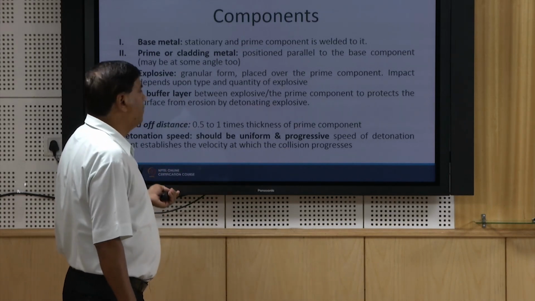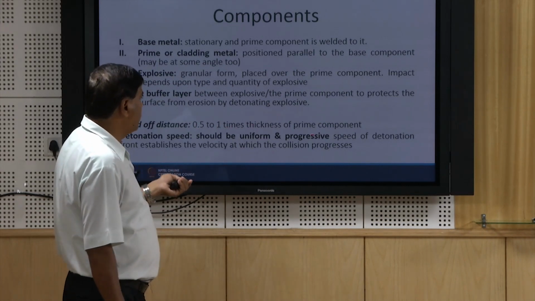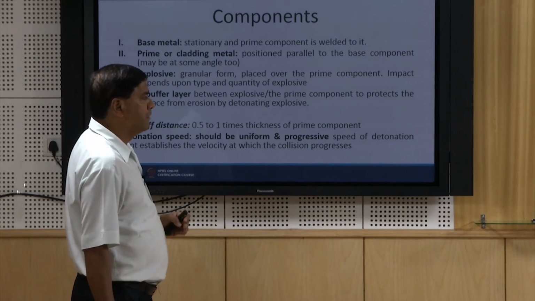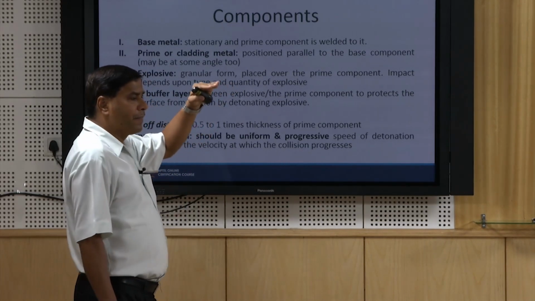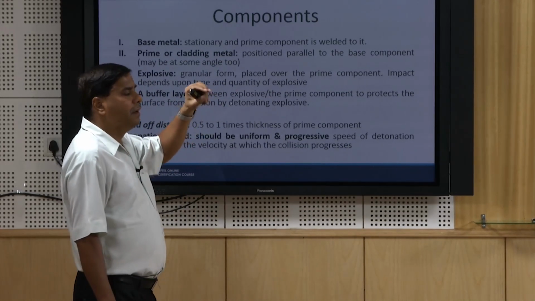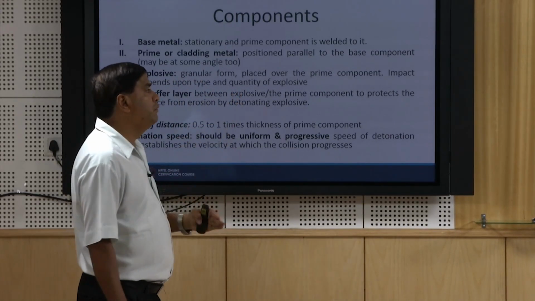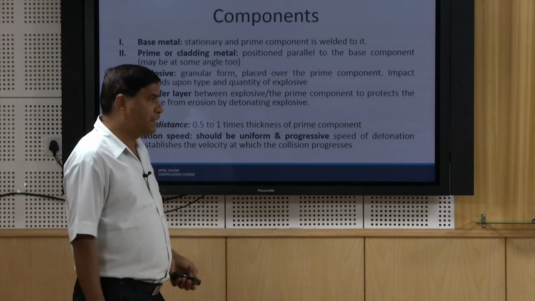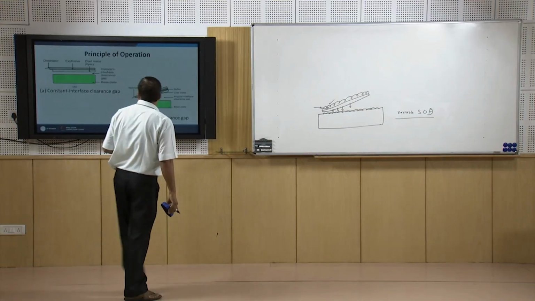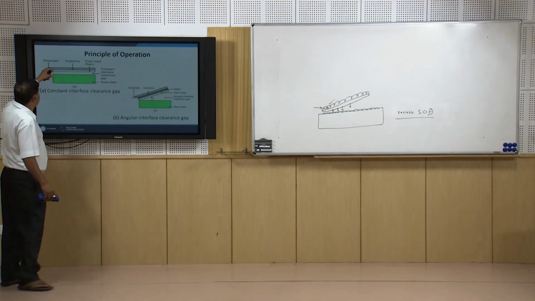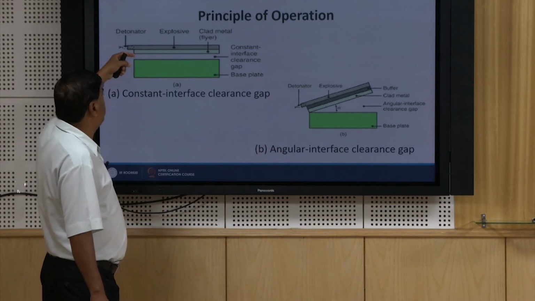Standoff distance is normally kept at 0.5 to 1 times the thickness of the prime component. This is crucial because the standoff distance will affect the time for the movement of the prime component towards the base plate. So, as mentioned, this gap can be equal to 0.5 times